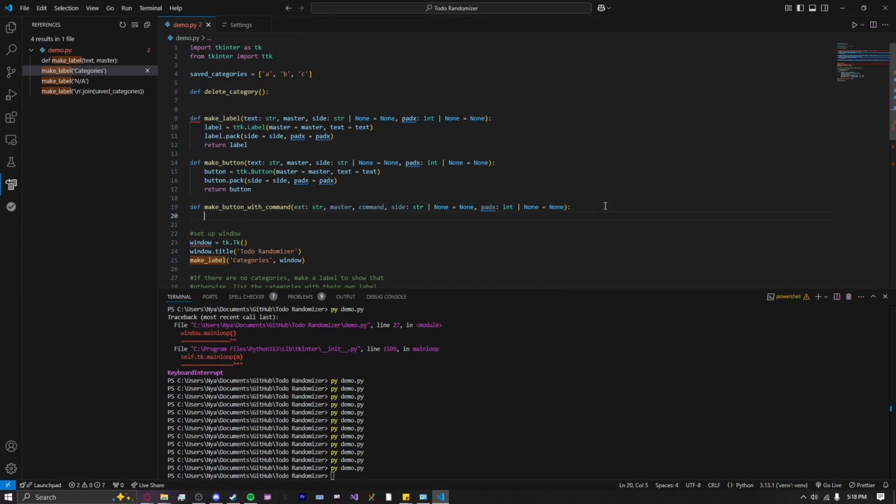And then what I will do is call make button with the exact same parameters, or just call this pretty much: text, master, padx. That's fine. I feel like I'm missing something. I'm missing side. Cool. And then get button. And then